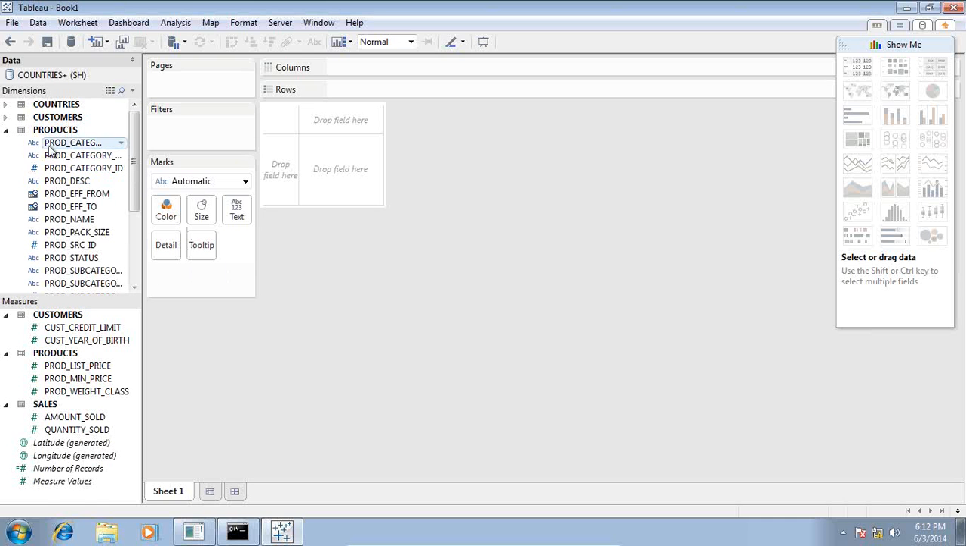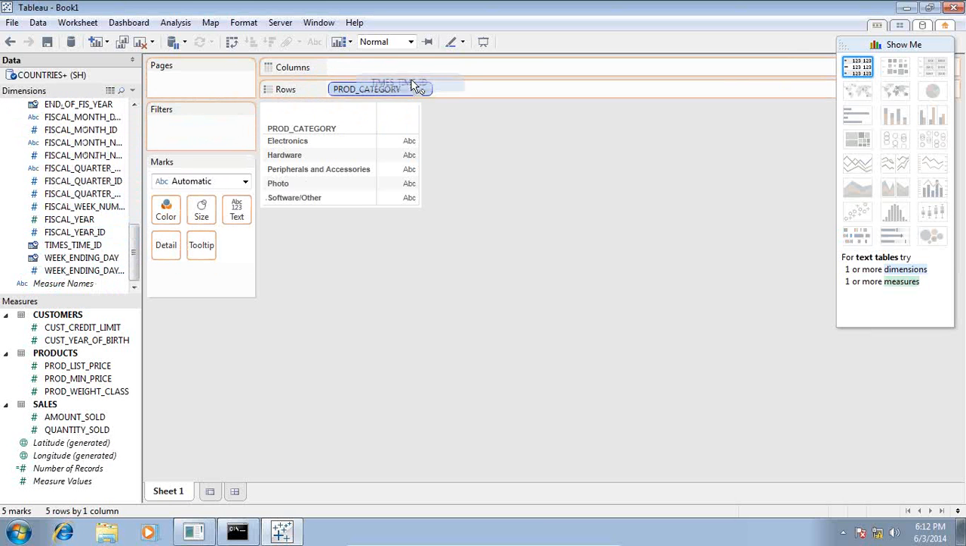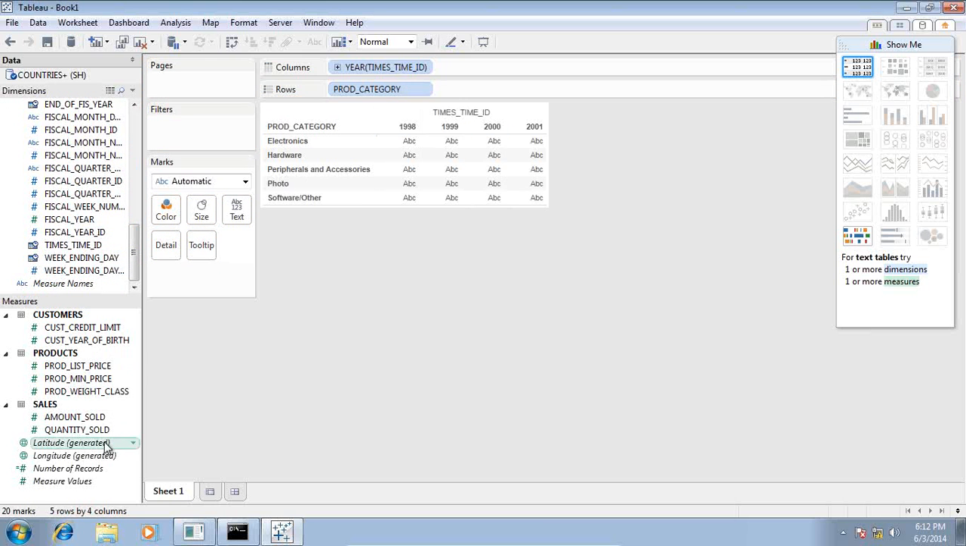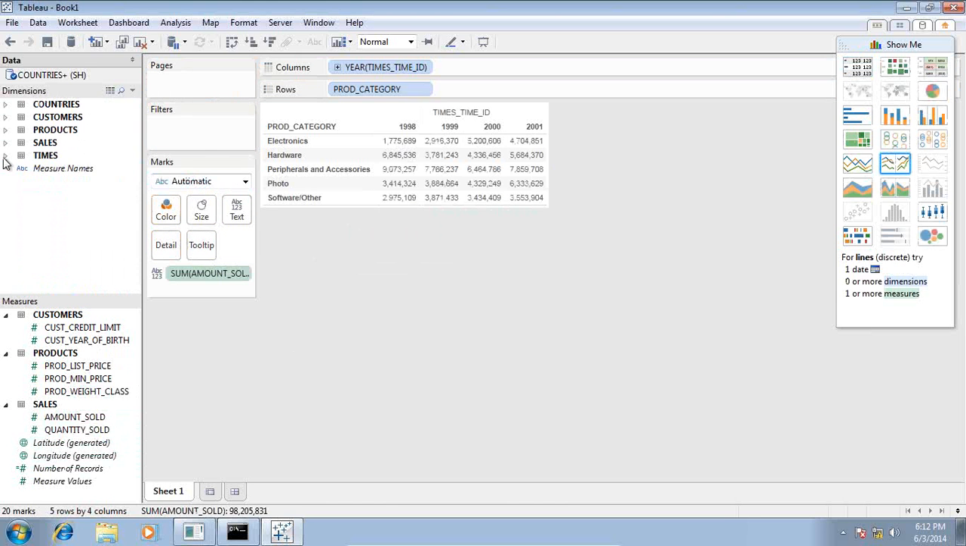So I'll use the same product category in my rows. I select times in my column, and I would use time as my hierarchy, time ID in my column. The intersection of both is my amount sold, and in addition to this I also use one geographical element, one column